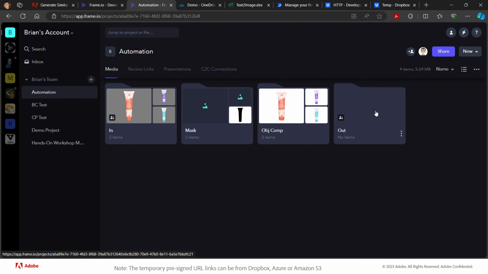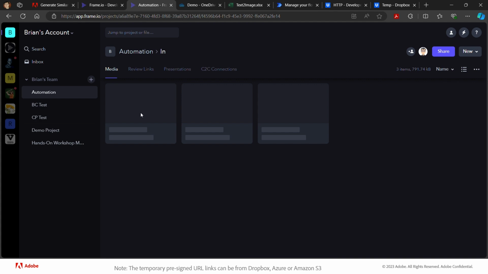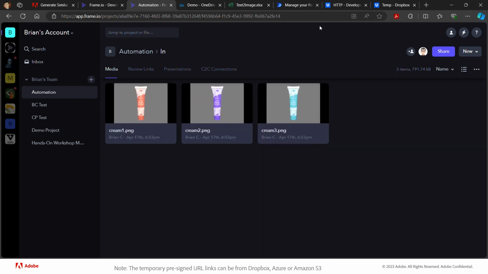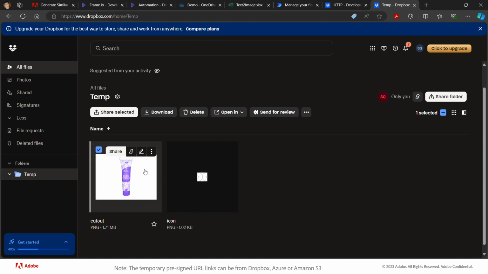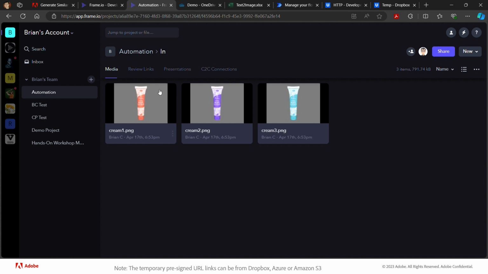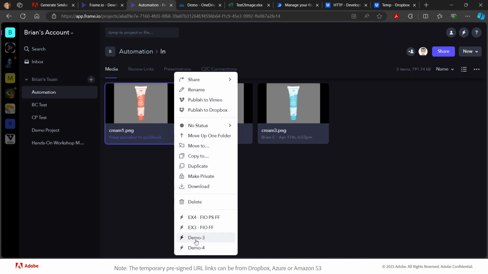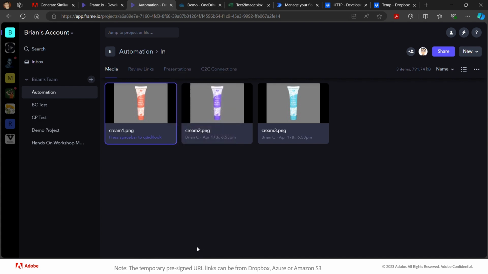We use, as I said before, create asset to output into this folder there. And we are going to click on any of these images there. So also check our Dropbox at the moment. So we've got this, this is the last time from what we've got, but that's fine. So we are going to try out, maybe this time, the orange tube. So I go to click the orange tube, go to demo,